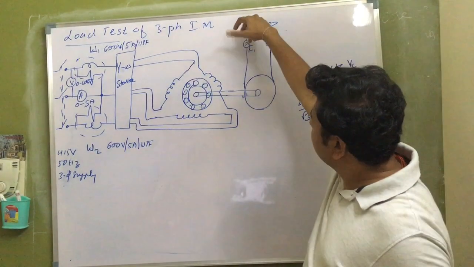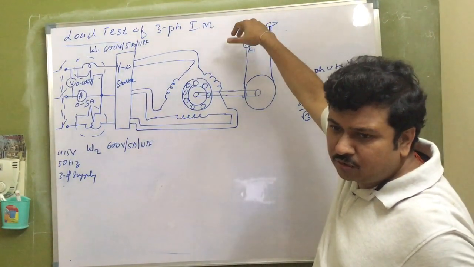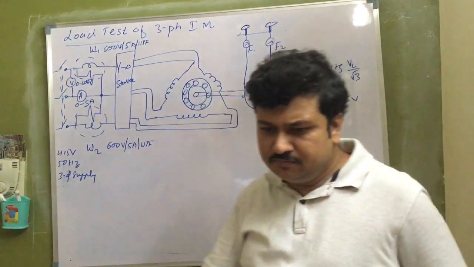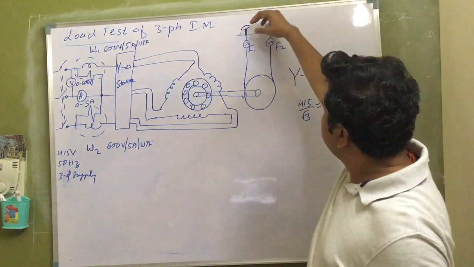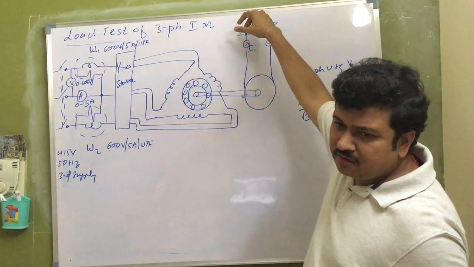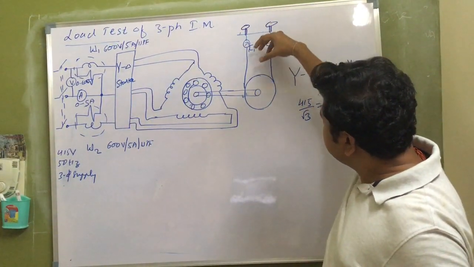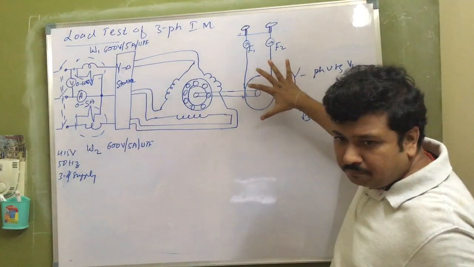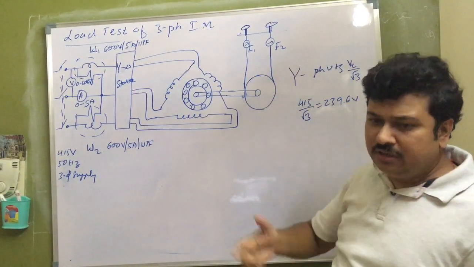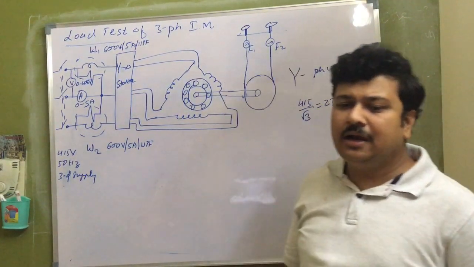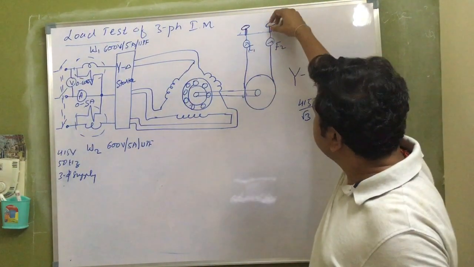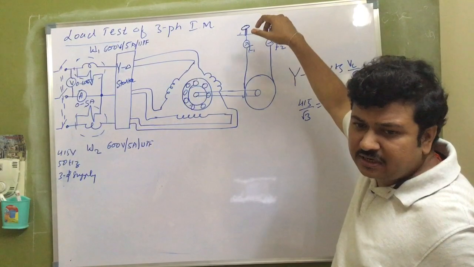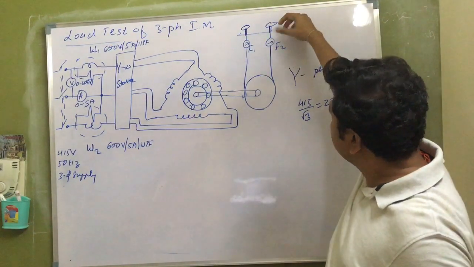As I rotate the wheels, the tension built on the brake drum goes on increasing. That will act like mechanical load on the rotor, because as I increase the tightness by rotating the wheel,